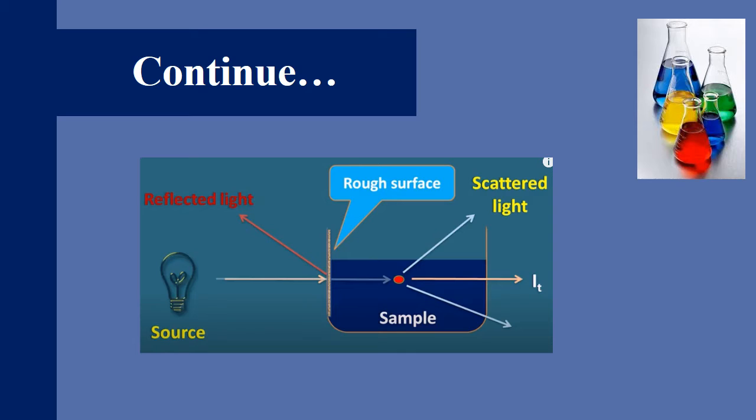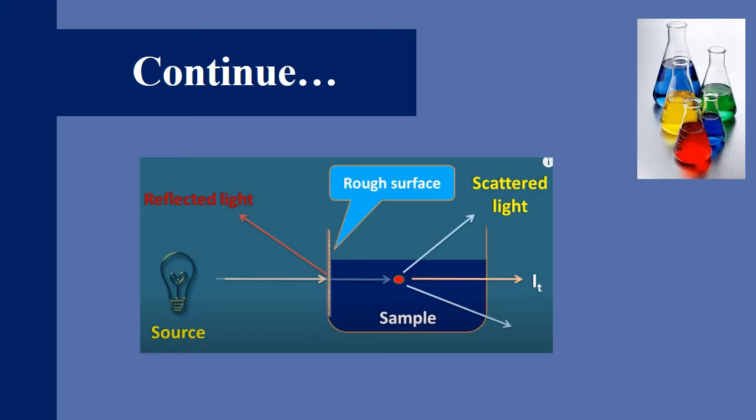Second thing, the sample may have some solid particles. This radiation may be scattered, and we can observe a scattered light. So now the scattering of light can also interfere with the absorption. So how can we eliminate it? We can eliminate it by thorough filtration. So some of the light is absorbed and the remaining is transmitted. So the transmitted radiation has the intensity IT.